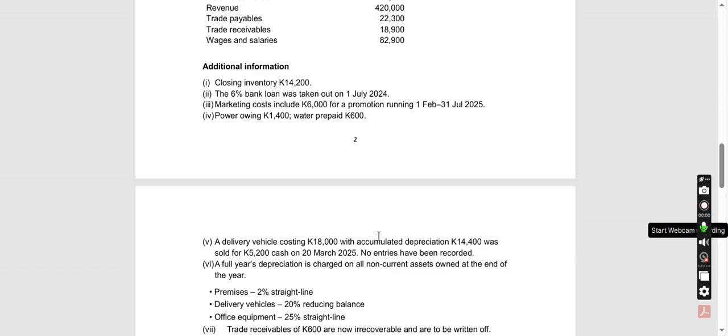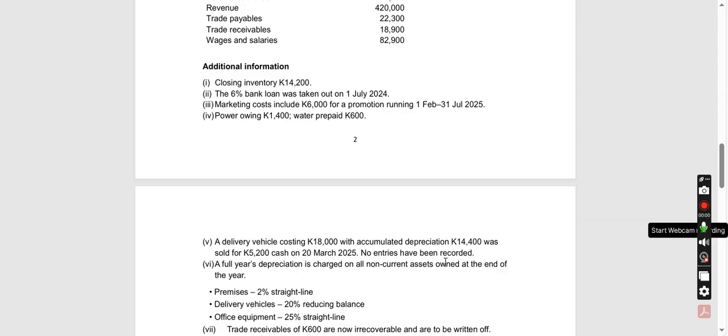Right. So the fifth adjustment is telling us that a delivery vehicle costing 18,000 with accumulated depreciation of 14,400 was sold for 5,200 cash on 20th March 2025. No entries have been recorded. So here what happened, we sold one of our delivery vans. So first thing, we need to find out how much profit or did we make a loss when we sold